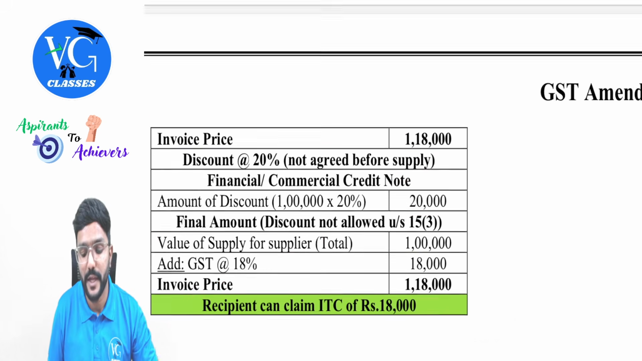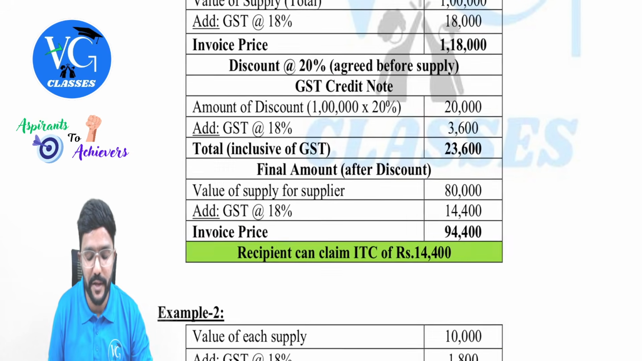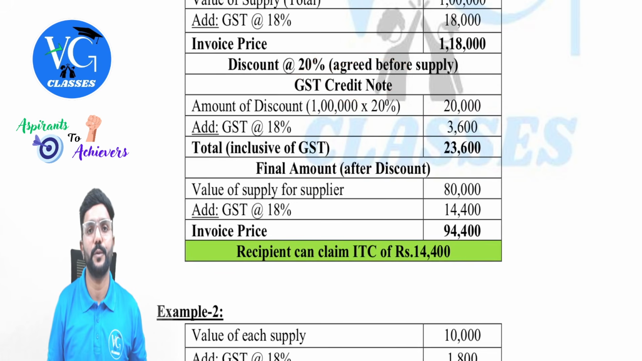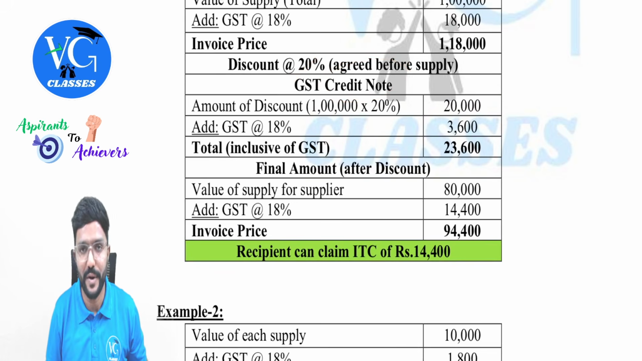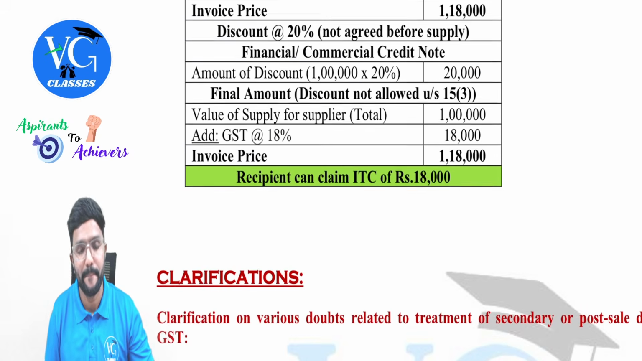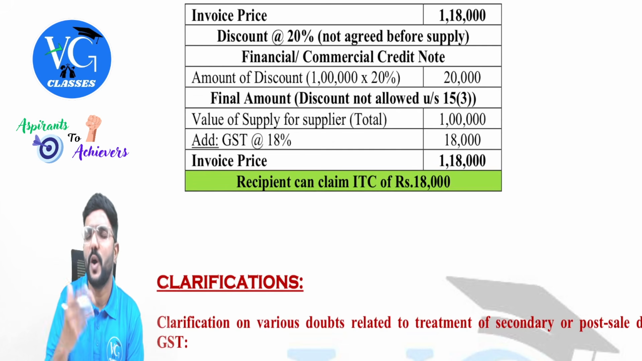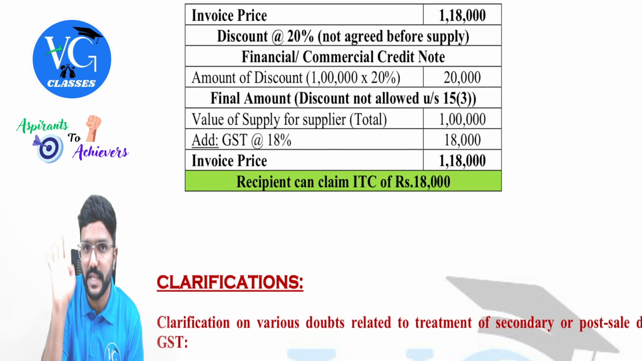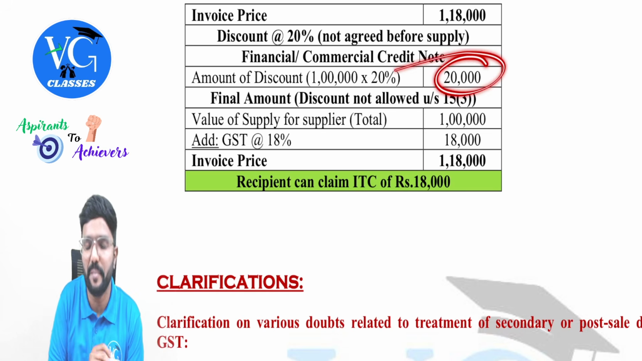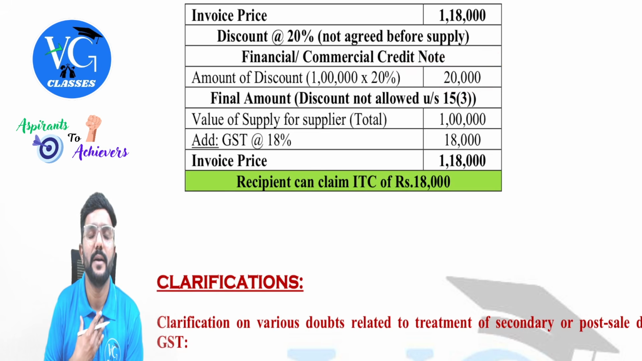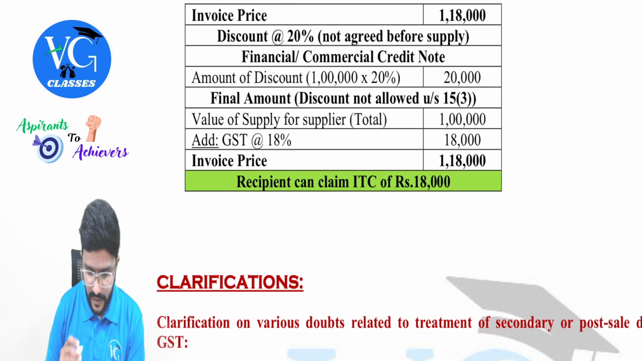No GST component. If GST component is mentioned, then what do we call that credit note, guys? GST credit note. Hope you understood. Yes, sir. So the supplier is issuing the financial or commercial credit note without GST element in that. Only discount amount would be mentioned to the recipient. Okay. Now, what is the value of supply to the supplier? It would be